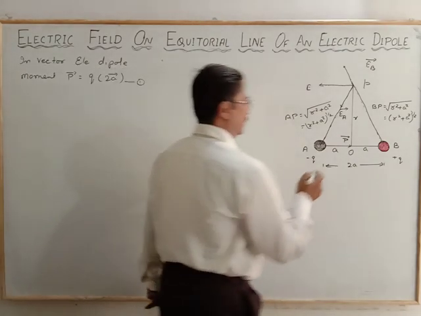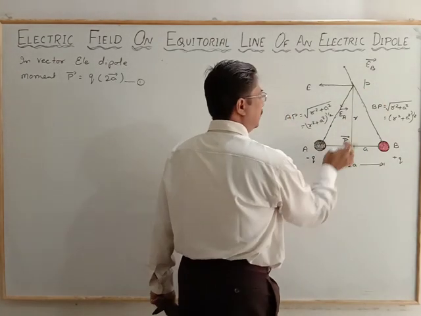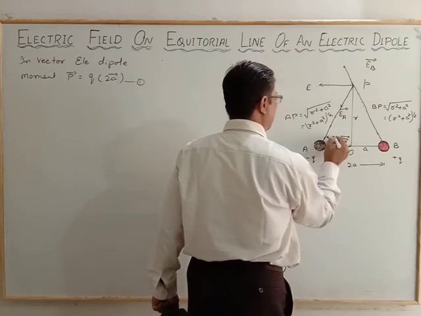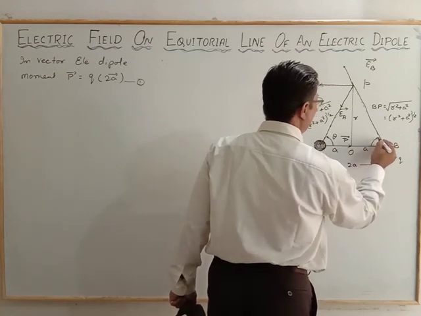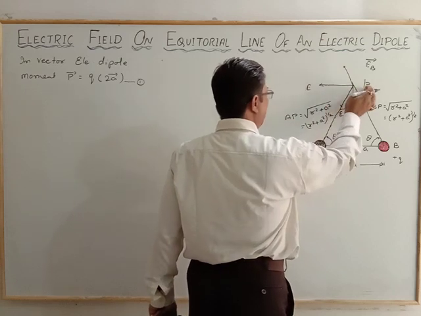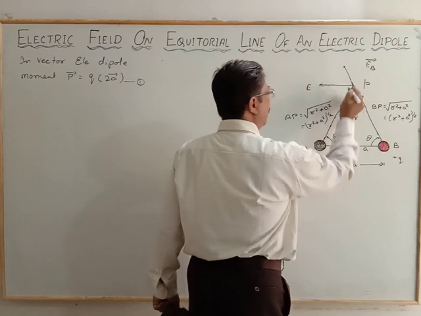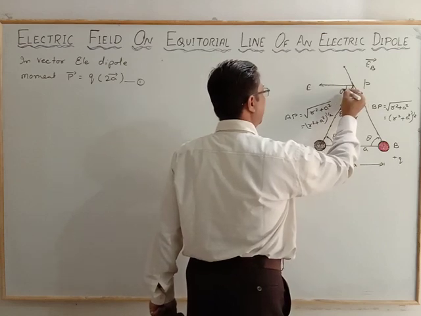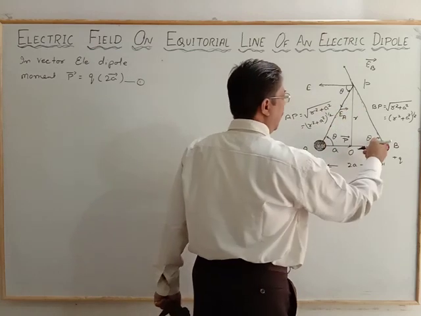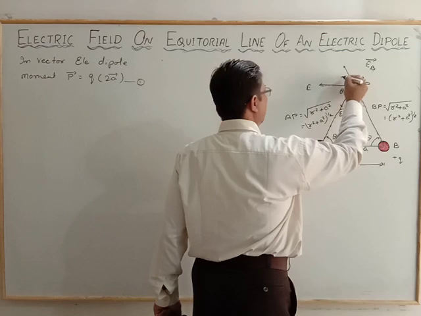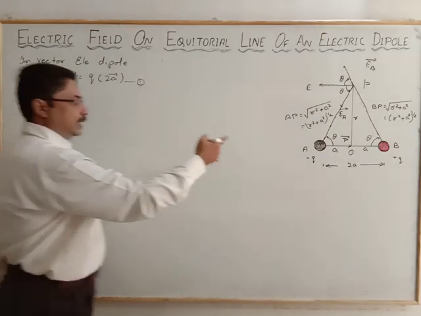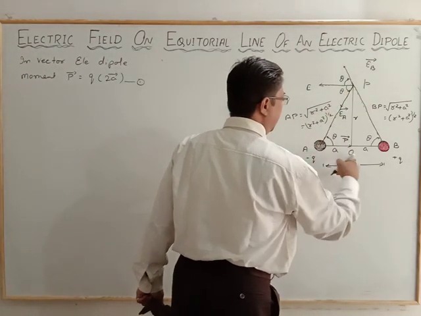Now here we consider that this point P, from the location in the figure, is at an angle of theta, and from here also it is angle theta. So this is a parallel line, meaning PB is parallel to AB. In that case this is the angle theta here. Alternate angles are equal, and corresponding angles are also equal, that is theta.